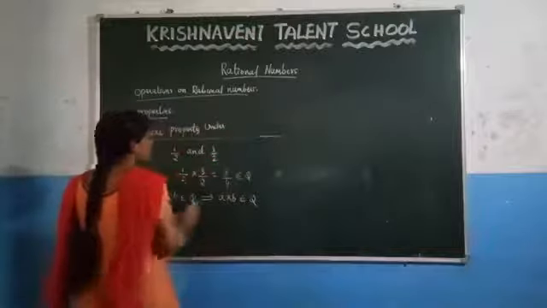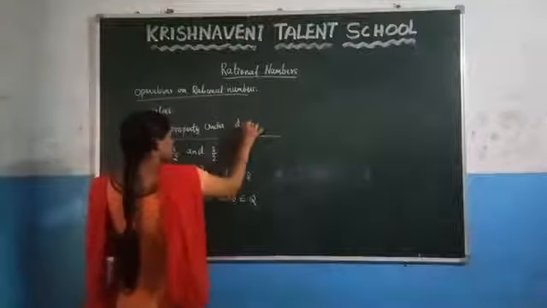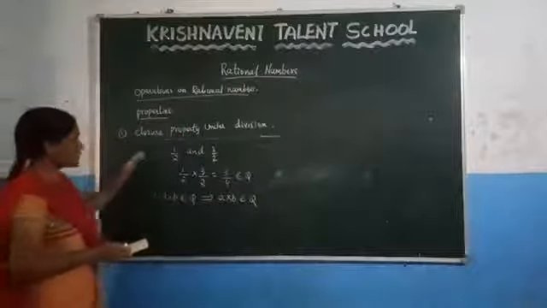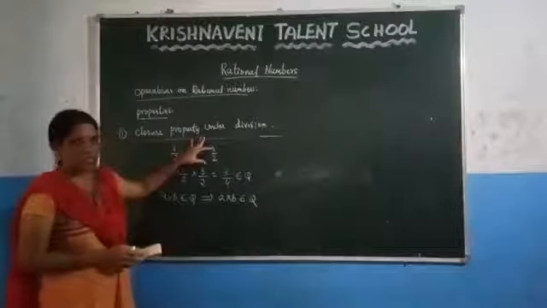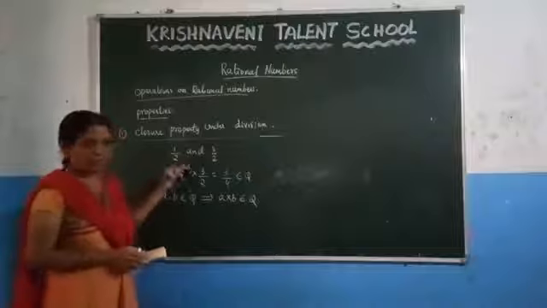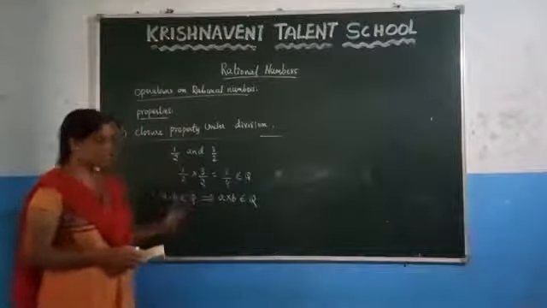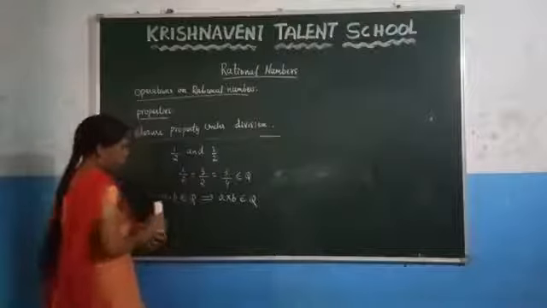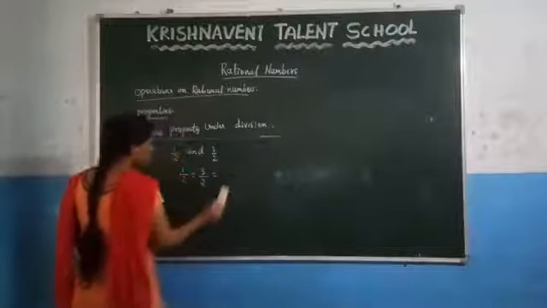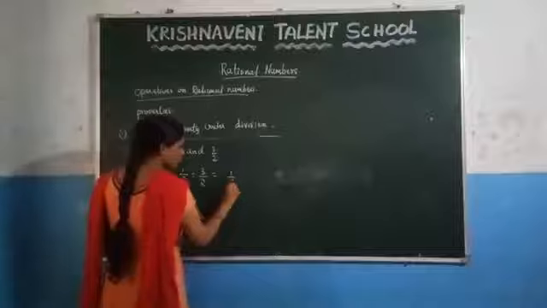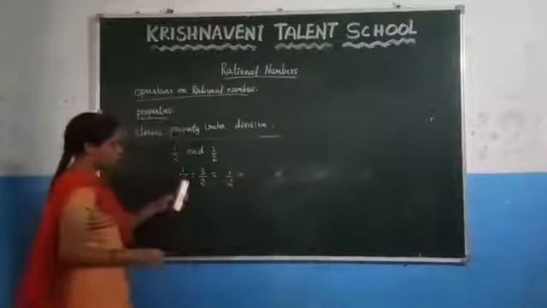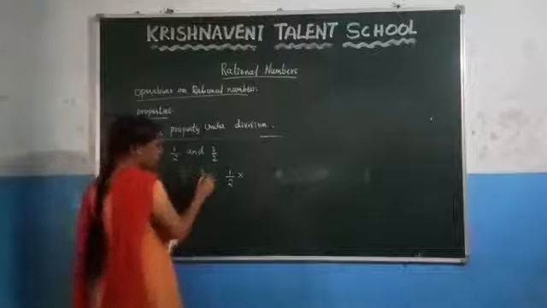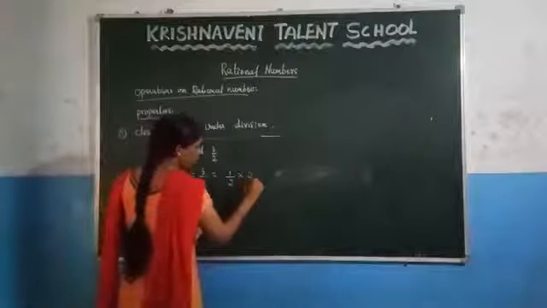Now let us consider division. Here it states the same: if you divide any two rational numbers, you have to get a result that is also a rational number. Now we have to divide these two rational numbers. So how do you divide two rational numbers? You can write it as 1 by 2. If you put multiplication in place of division, you just have to interchange the fraction, so you write 3 by 2 as 2 by 3.